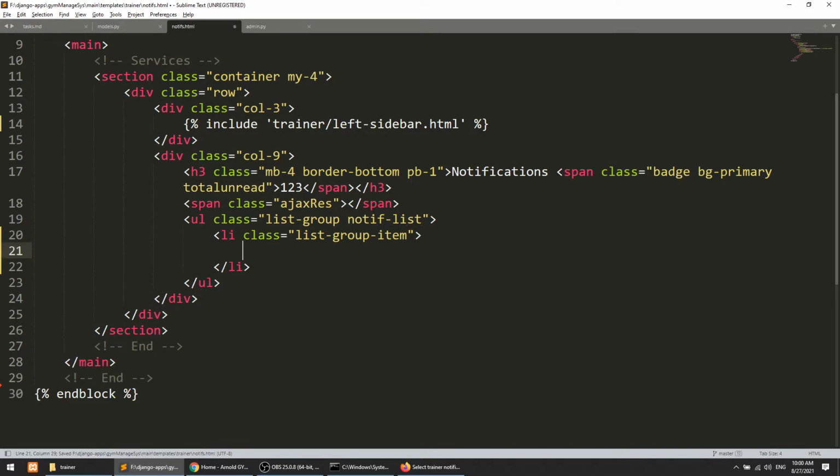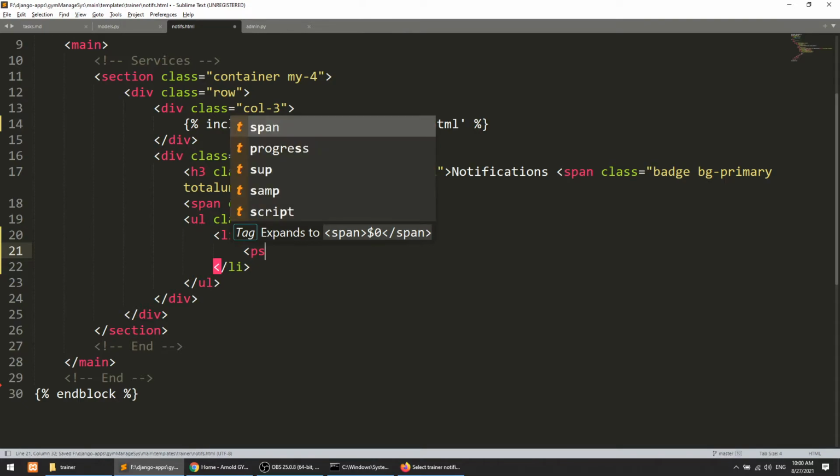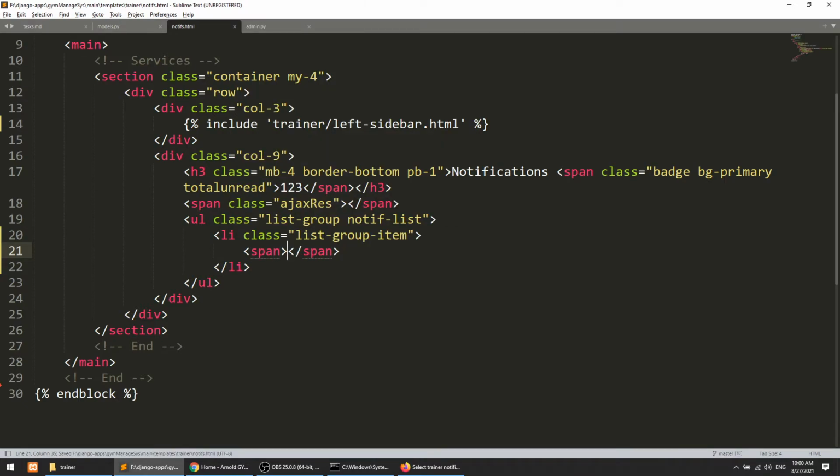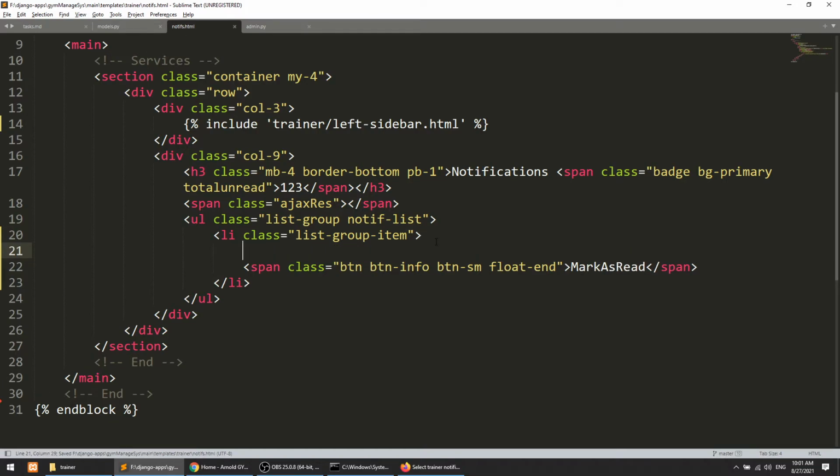In this we will define a span, and we will define the mark as read button. This will be class btn btn-info btn-sm float-end, and mark as read. And here we will show the notifications.